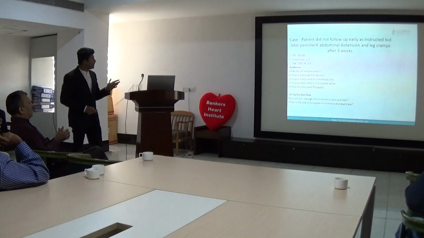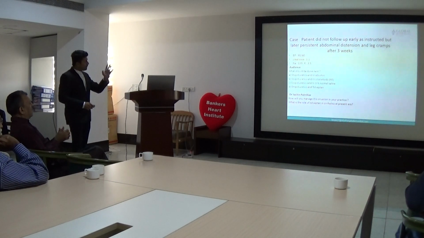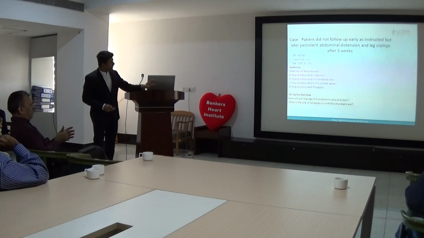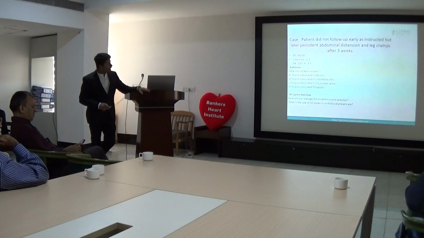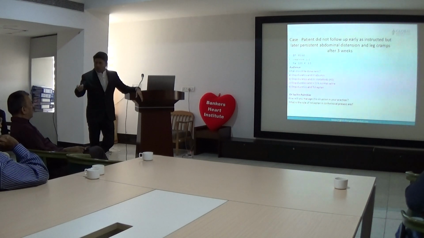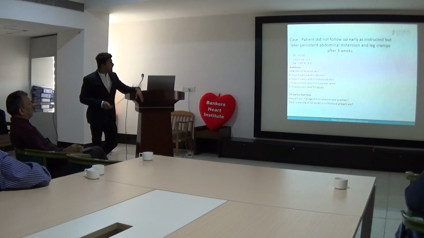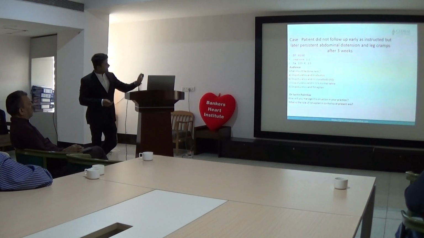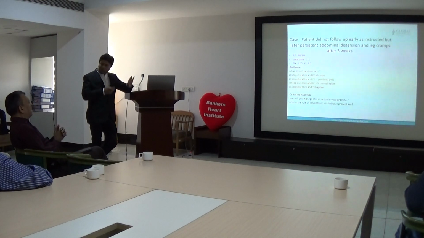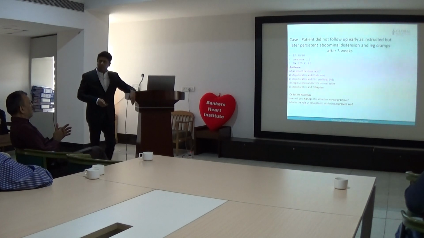So this is what we were just discussing. Now let's continue the case. The patient did not follow up as early as you had instructed. You had mentioned you would start diuretics and follow up with the patient with creatinine and electrolytes, but the patient did not follow up, and later presented with abdominal distension and cramps, and BP was 90/60. Creatinine which had come down to 0.8 has again come up to 1.1. Sodium has come down to 120 now. Potassium is 3.5. What do you think may have happened?